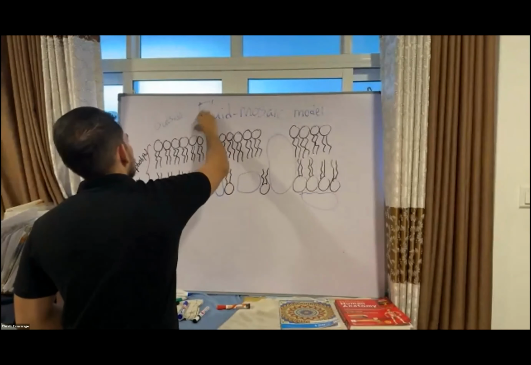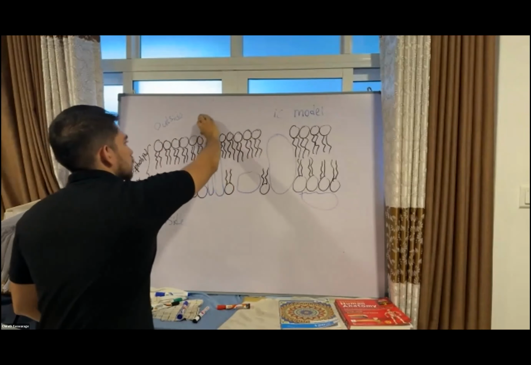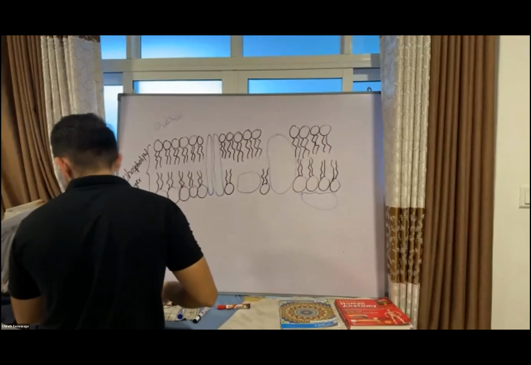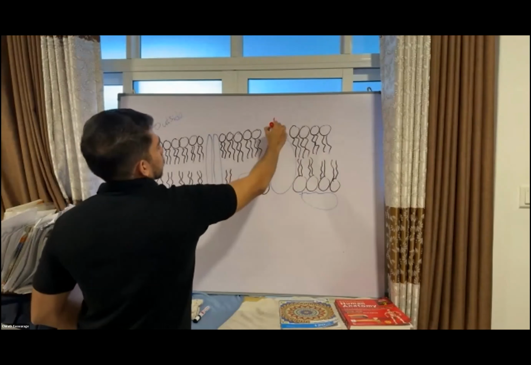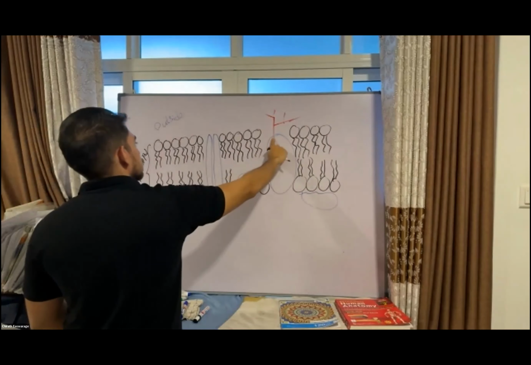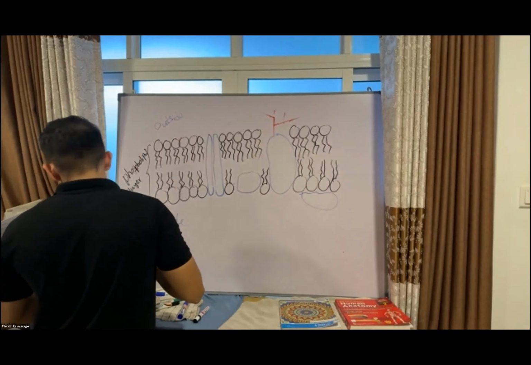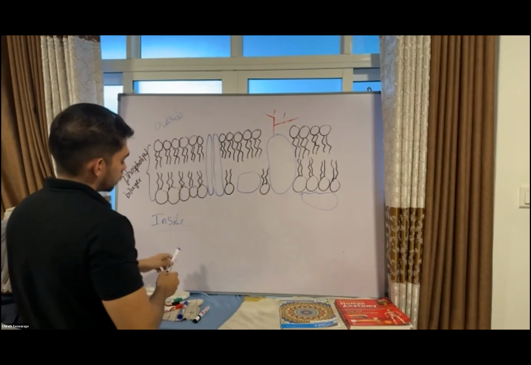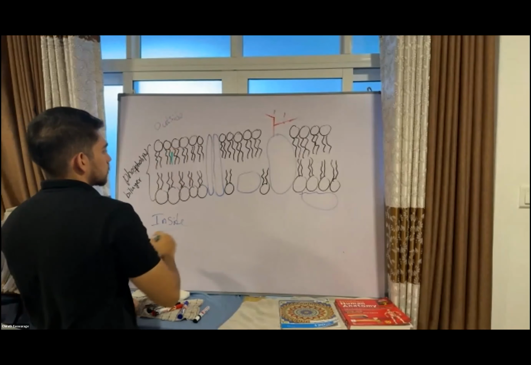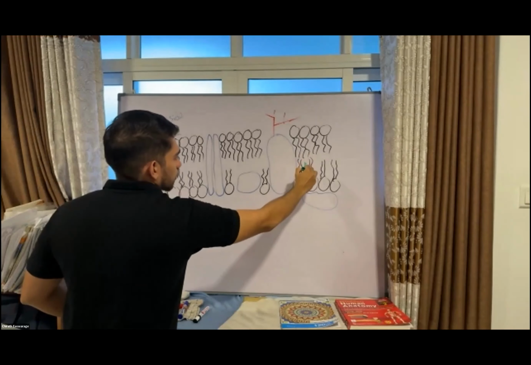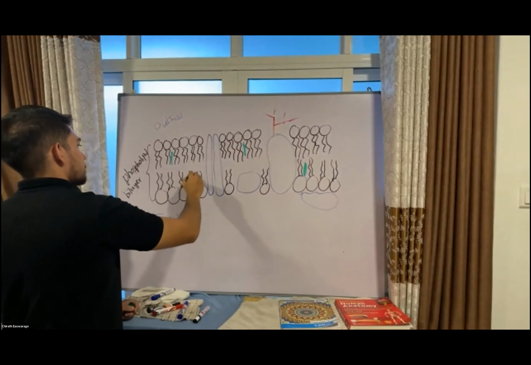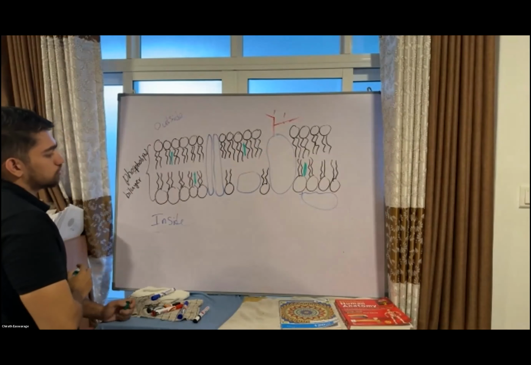Then additional components I'll draw now. Connected to these proteins, there can be some antenna-like structures. I'll draw them simply like this, antenna-like structures, right? And in between these phospholipids, there can be some cholesterol molecules. Cholesterol randomly here and there. I'll explain the function. So this is your fluid mosaic model,